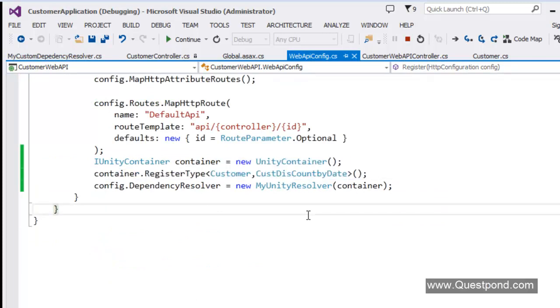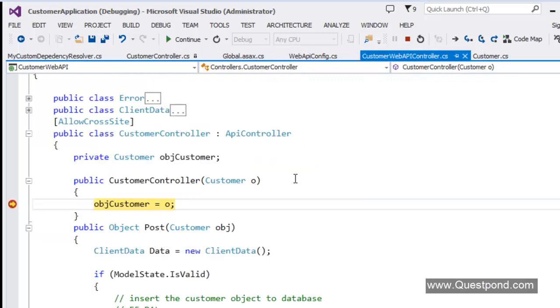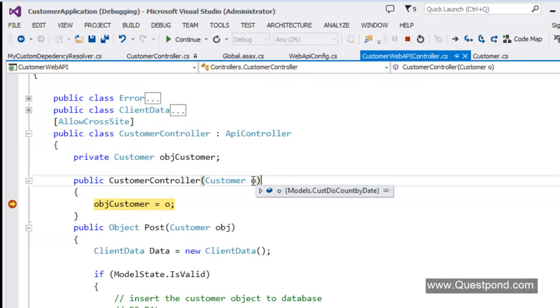If you remember, in our Unity container, we said that we would like to inject the cust discount by date object into the customer class. You can see over here, when you move your mouse here, the dependency injection framework, via the dependency resolver, has injected cust discount by date.